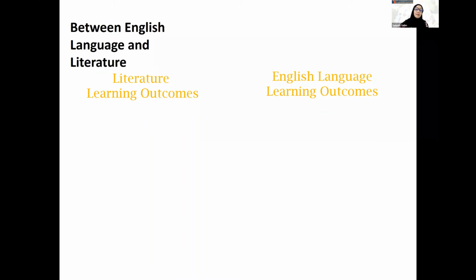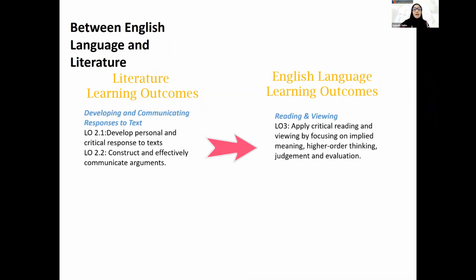The second reason why I feel that you ought to consider taking literature elective at upper secondary is because of the complementary and reinforcing nature of both skills. In literature, the learning outcomes when you study lit at upper sec would be to develop a personal and critical response to text, as well as being able to construct and effectively communicate arguments. Now, these skills would be very useful and handy when you also sit for your English lessons,